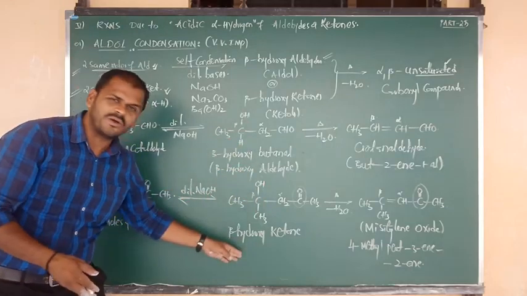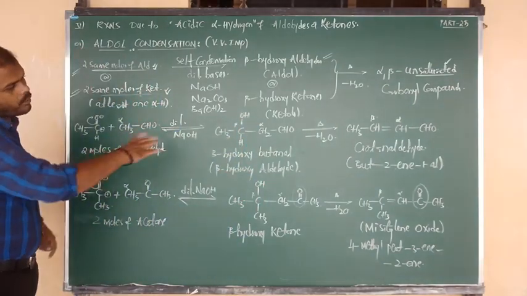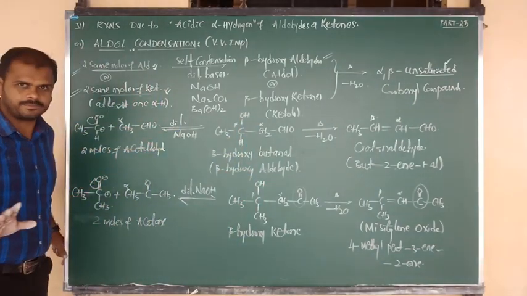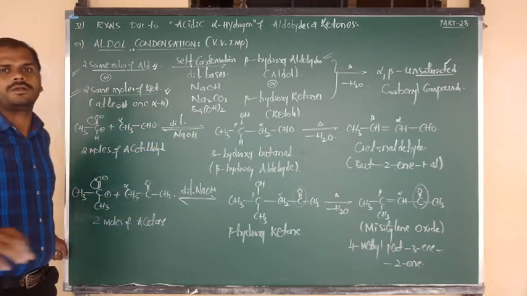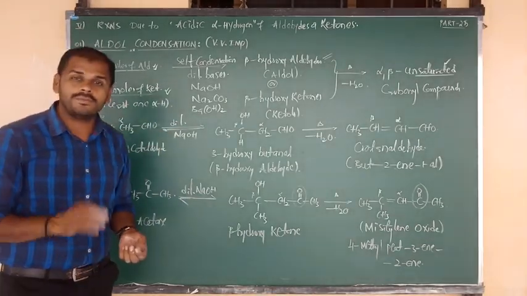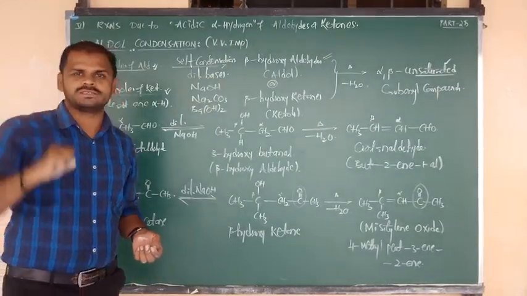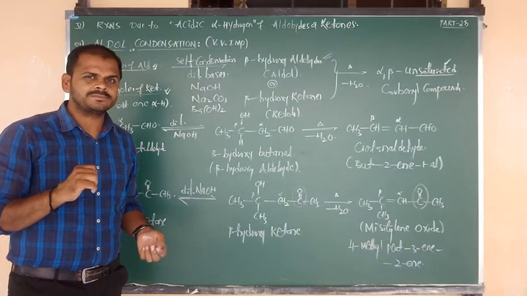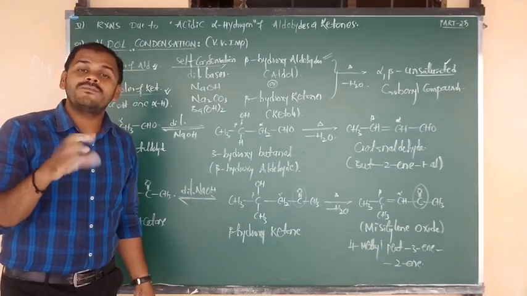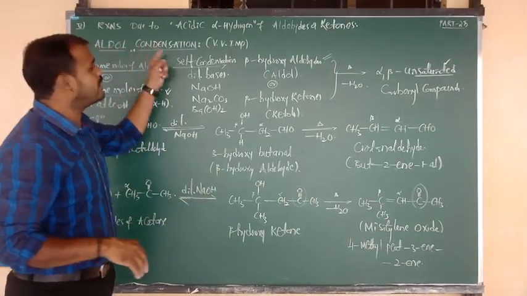And intermediate, you know that aldehyde gives aldol and ketones give ketols. I hope you understand this story clearly. Okay? Good. Now, one question I want to ask you. That is a 1 mark question and multiple times repeated in board exam. So the question is, which type of aldehydes and ketones do not undergo aldol condensation?